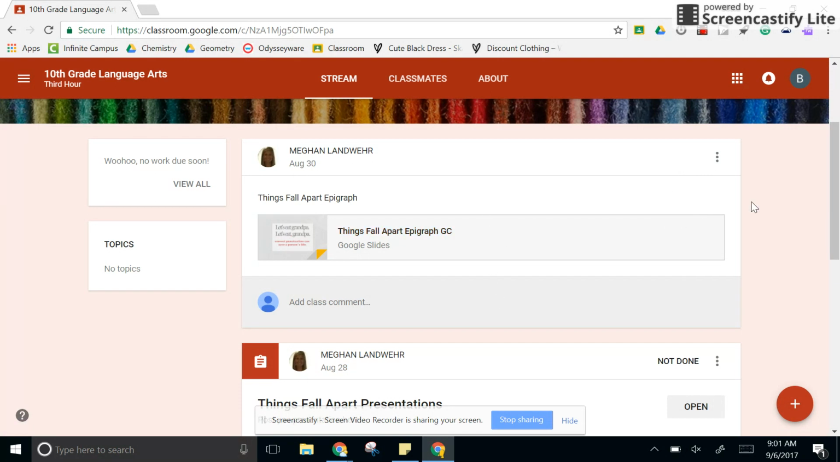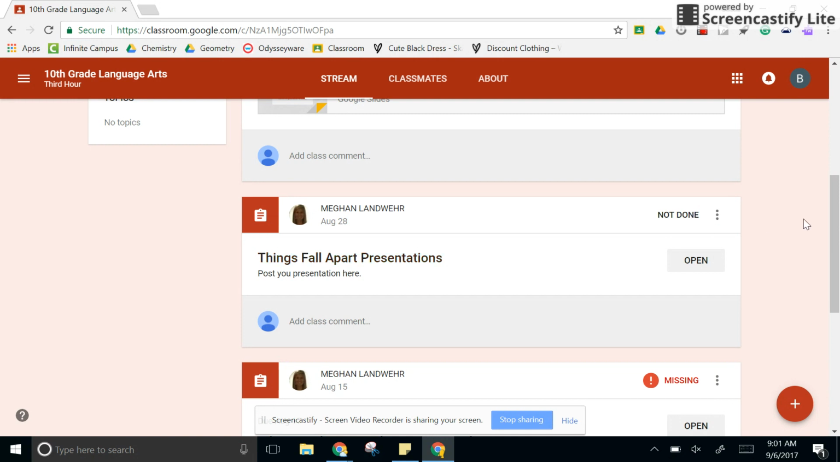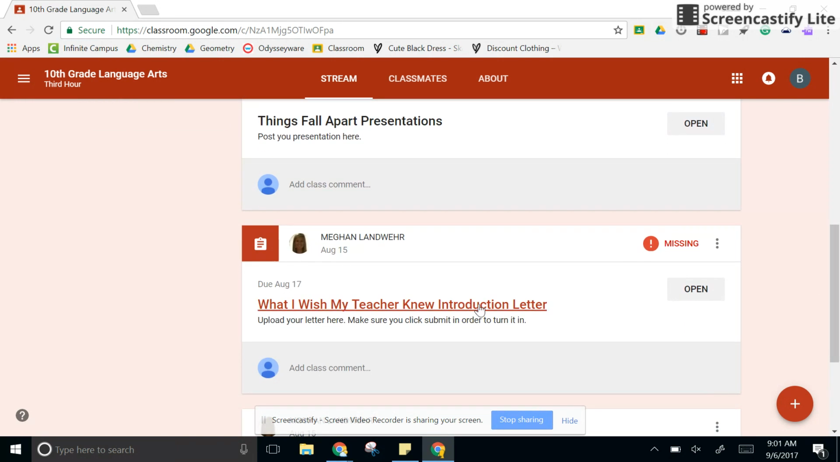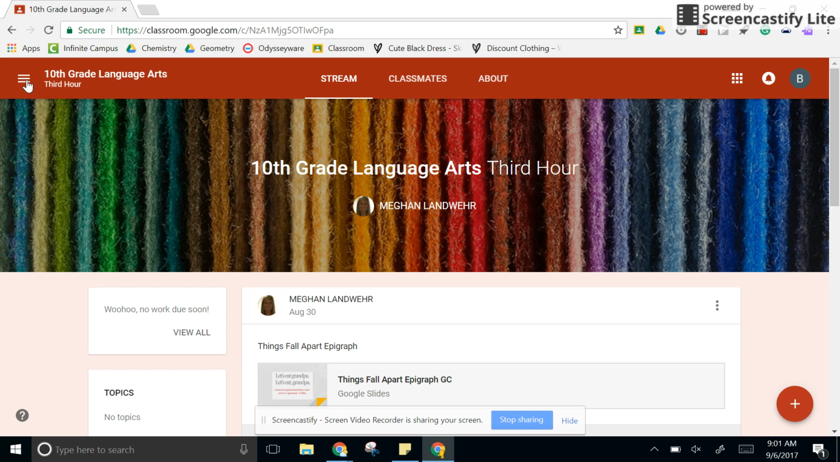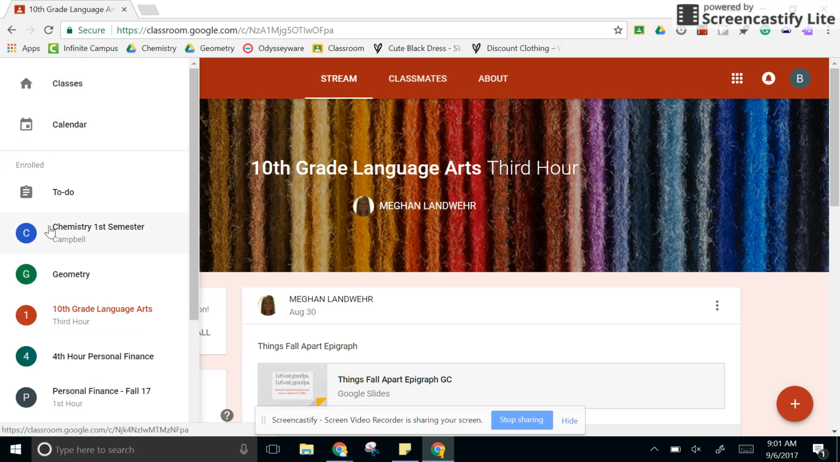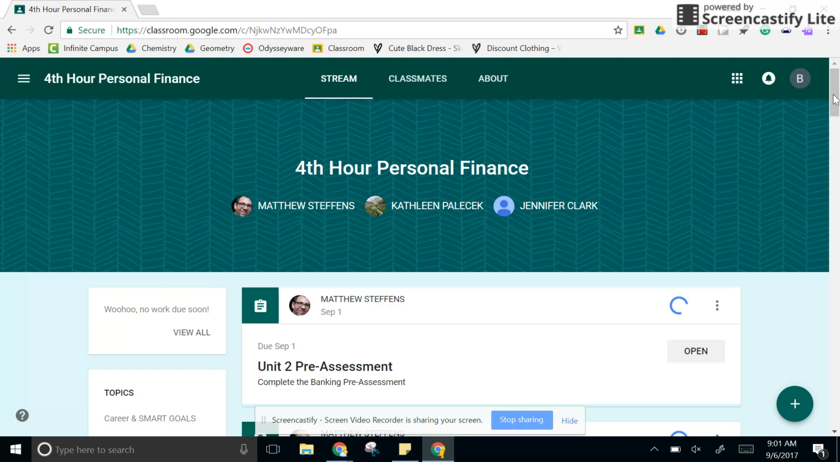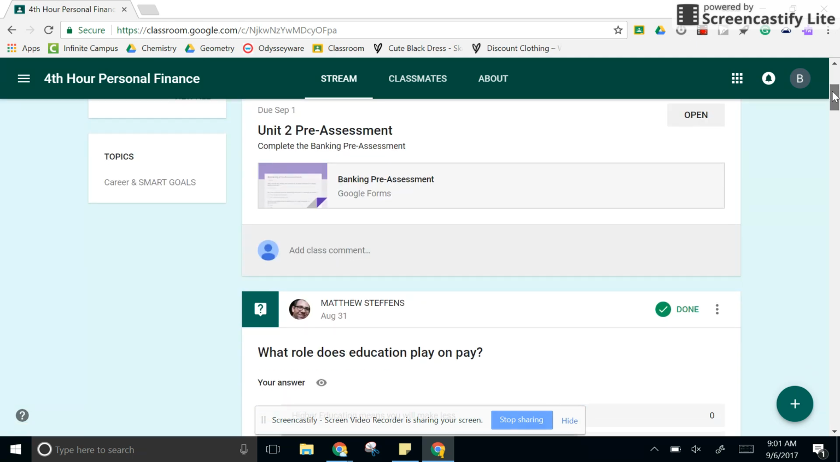So it's just the teacher giving the students a resource. But down here, we can see if there's a presentation and it's not done, or we can see if there's a question, or another assignment that's missing. I'm going to go look at one more class so that you can see another example of something you might see in the stream. So in this personal finance class, one of the things you'll notice,